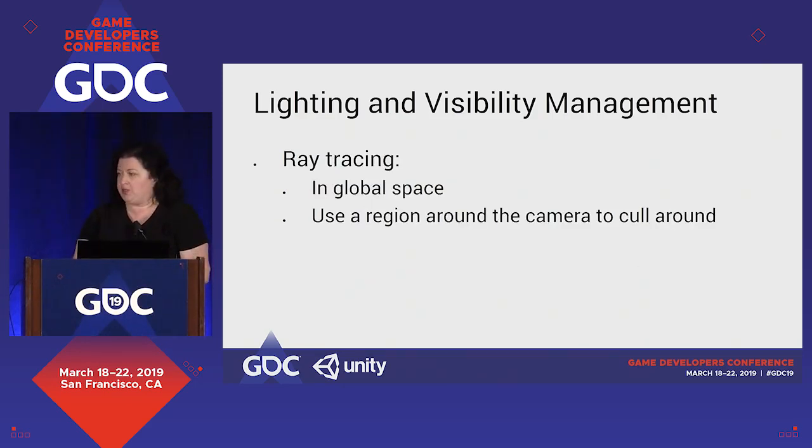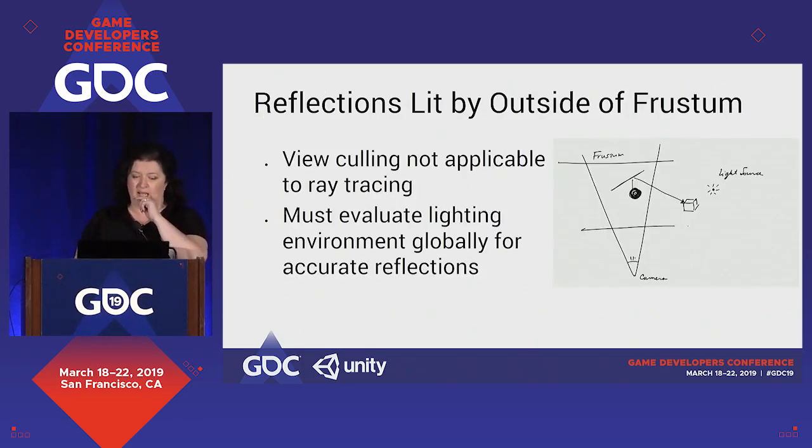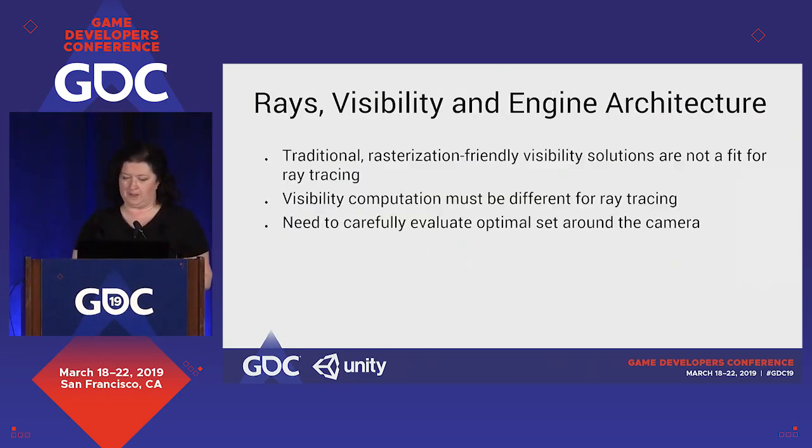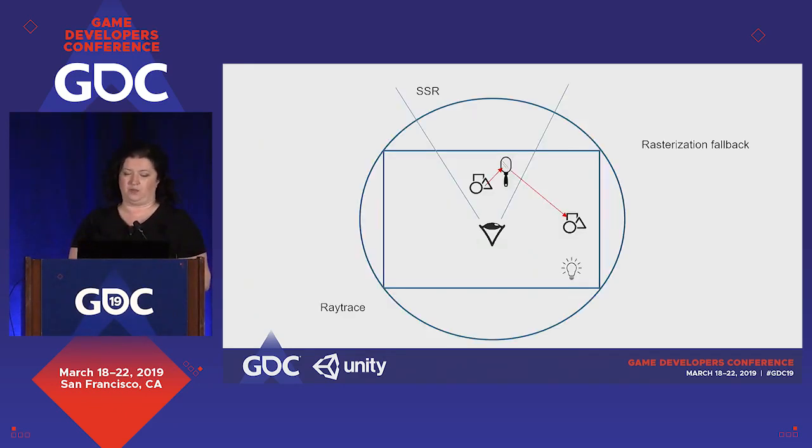With ray tracing, it's in global space, so we define a region around the camera and evaluate the lighting environment globally for all of the elements that are outside. We talked about the fact that you actually have to change the low-level architecture on that front. And there's some flexibility that you need to think about in how you're going to structure it. Again, that can be an artist-specific effect, or it can be level of detail controlled, right? Because depending on the complexity of your situation, you may want to scale down the region where you're going to be evaluating your global effects, as it all affects the performance.